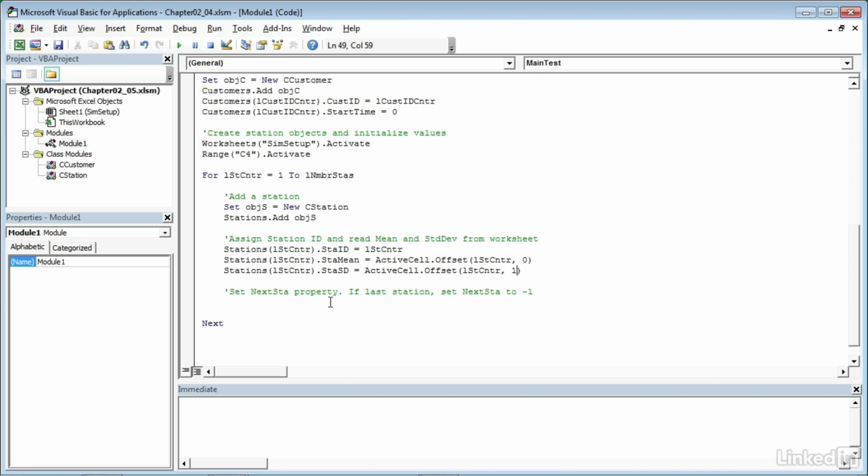So I'll click below Set Next Station Property, and I'll start with my if statement. So if stations, and we're looking at LSTCNTR, the station counter again, dot station ID, STAID, is less than the total number of stations, which is held in the variable L, NMBR, STAS, then we can assign that station's next station property the current counter variable plus